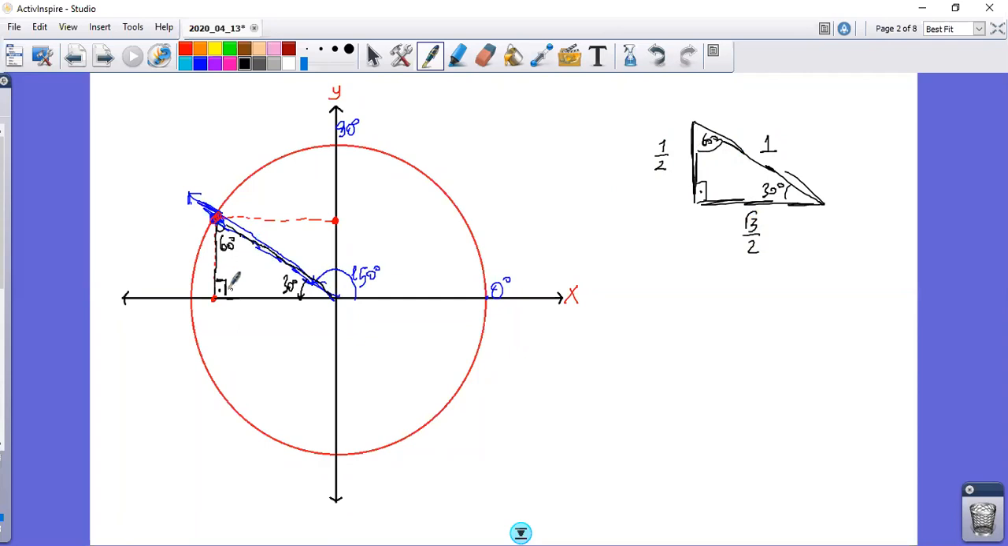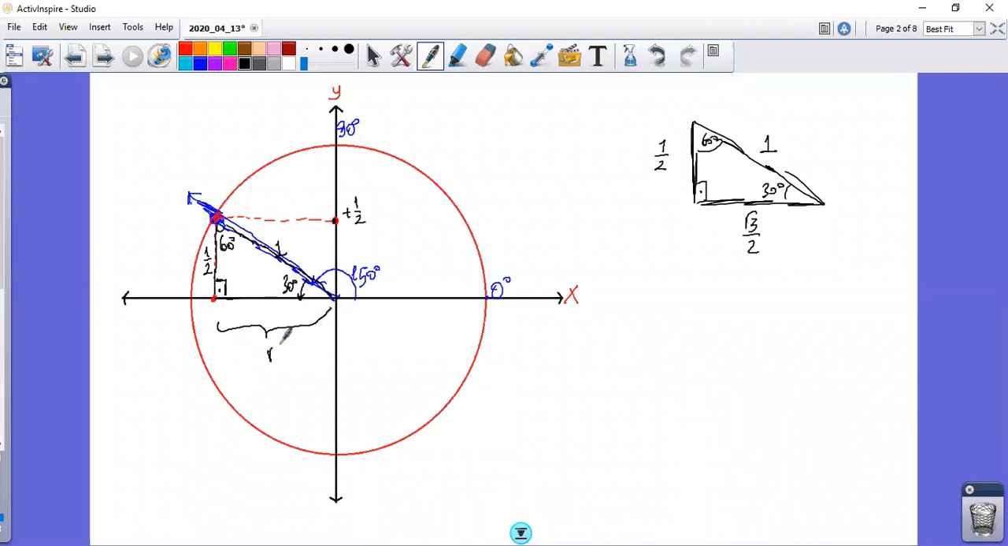So now, if the side opposite to 90 is 1, the side opposite to 30 is 1 over 2. That means if this length is 1 over 2, this length is also 1 over 2. And this point is above the x-axis, that means it is positive 1 over 2, right? So now we should be careful here. Look, this length is